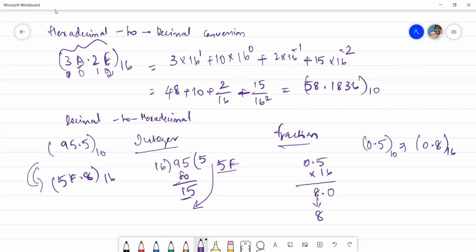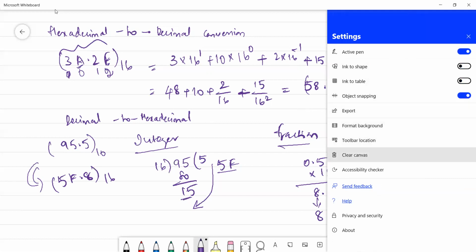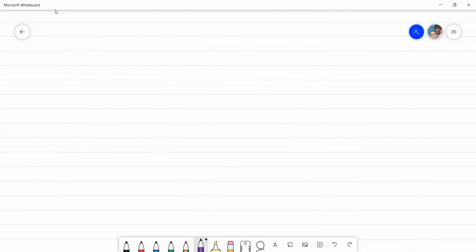So again we'll see hexadecimal to binary conversion. So till now we have seen decimal conversion, and from hexadecimal to decimal, how to convert, we have seen. Now we'll see hexadecimal to binary conversion. So the hexadecimal numbers can be converted into equivalent binary numbers by replacing each hex digit by its equivalent 4-bit